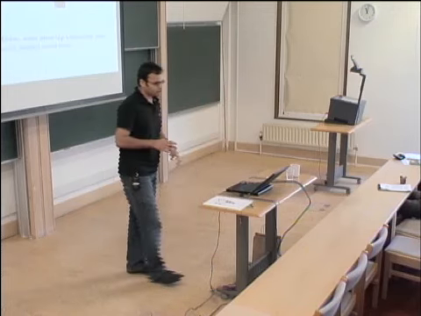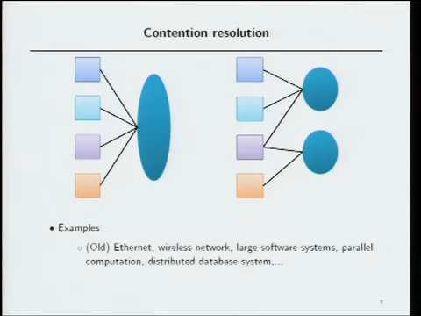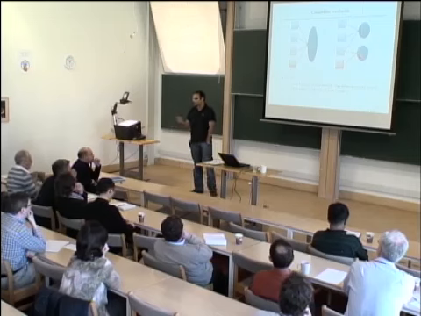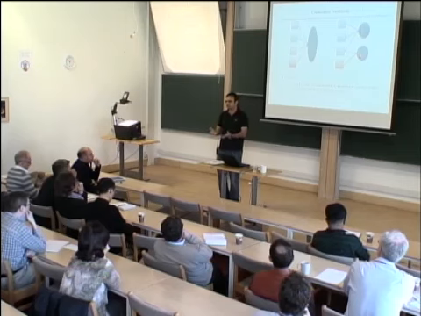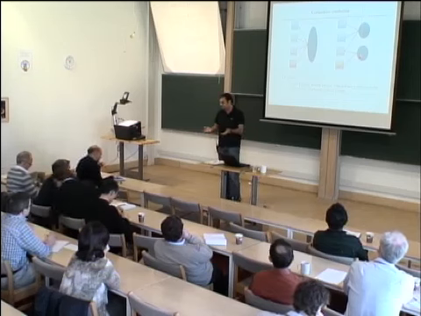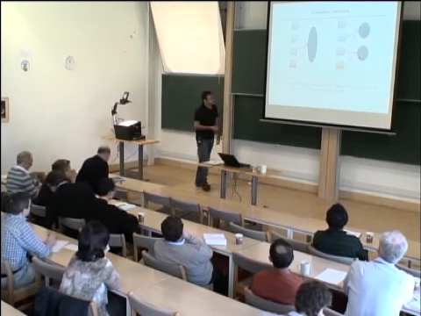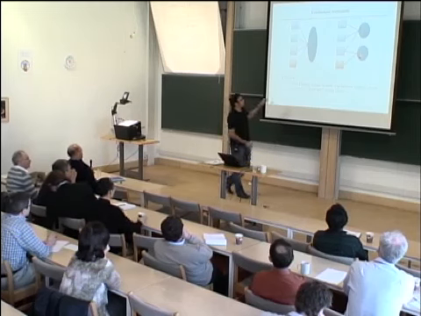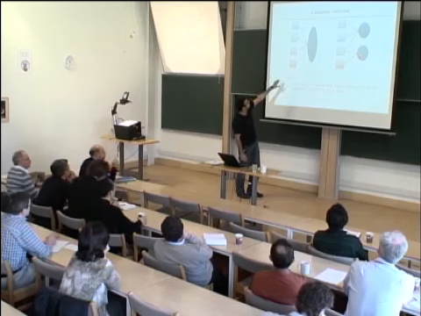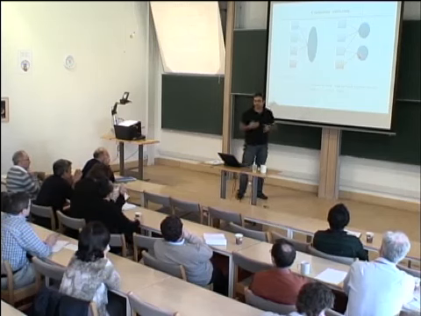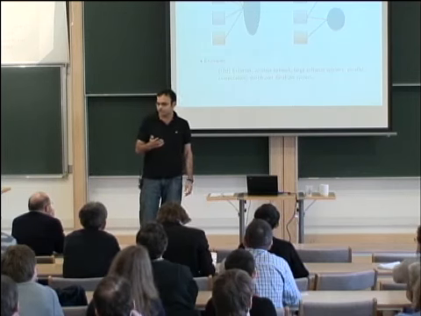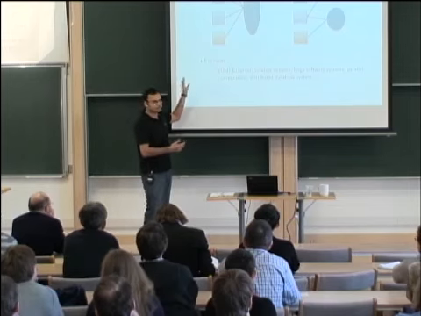So here's a sort of 1.5 slides of context. Imagine any reasonable engineered system. Then some form of resource sharing is essential, because if you're not sharing resources, then you must have badly engineered the system. Now, if you are sharing resources, then some form of contention must arise, and if contention is arising, you need resolution of contention. There are a variety of examples. One would be classical Ethernet, where a bunch of computers are trying to send data over one wire, and at a given point of time, only one of the computers can send data. The question is, who sends it? That's a contention resolution question.